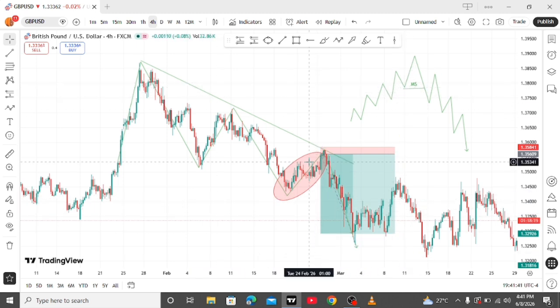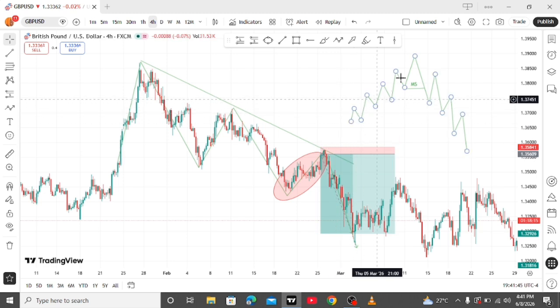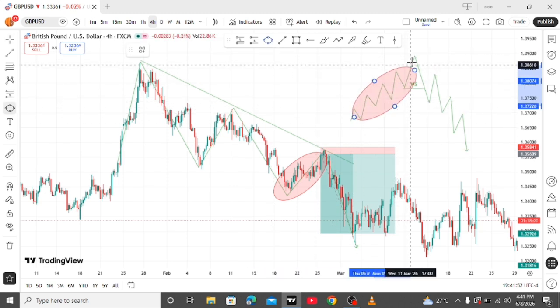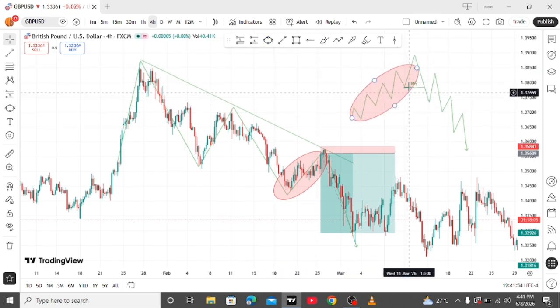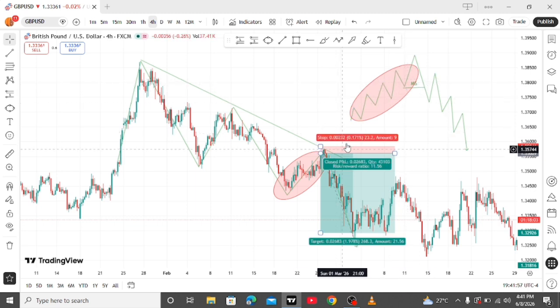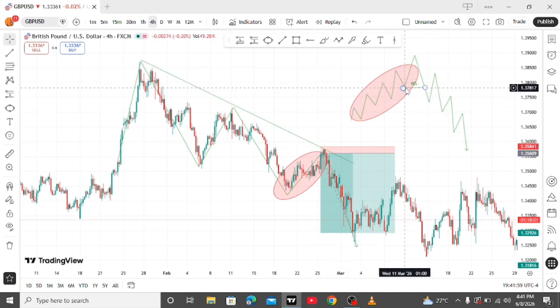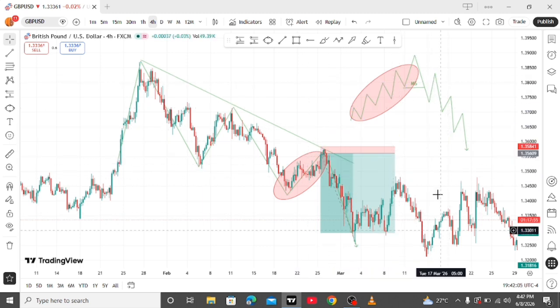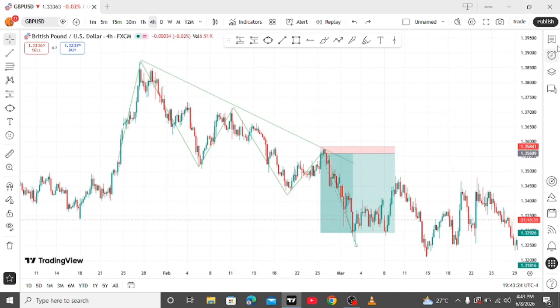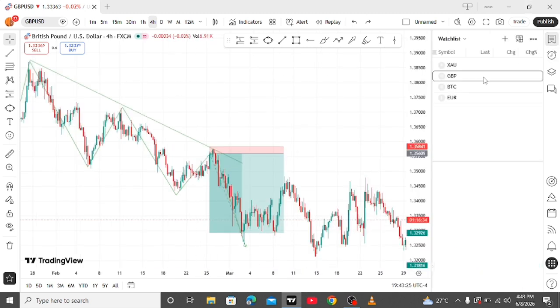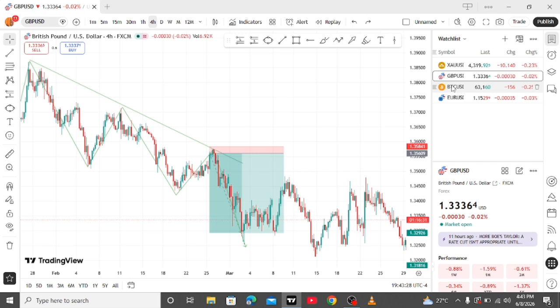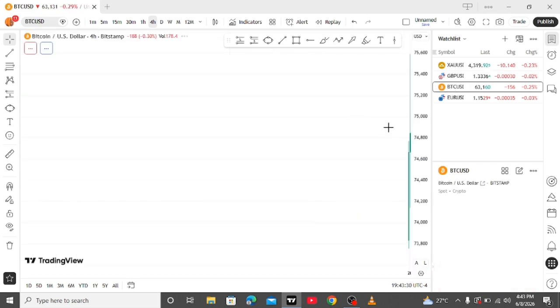So this up move right here, from this point to this point, this up move is this place. And then this is where we wait for the market to break below the last low. And then after we've seen our market shift, we entered a short position, and then the market went our way. So let's take another example, but this time we should use another currency pair,